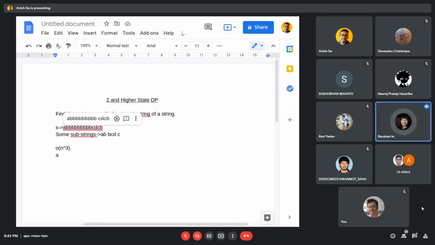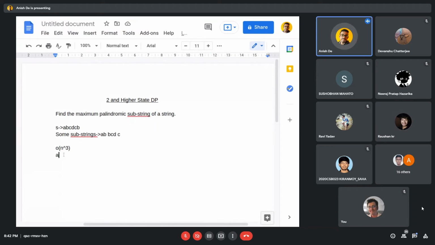Okay, we can do one thing: we will run two loops, one from forward and one from backward. Then we can compare the respective characters. In this case, we will go from the last B and the starting A. So the first loop goes from A and the second loop goes from the last B, right?